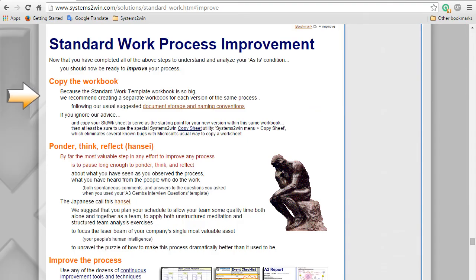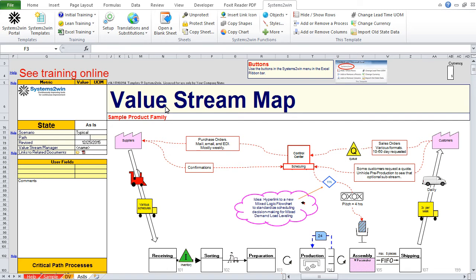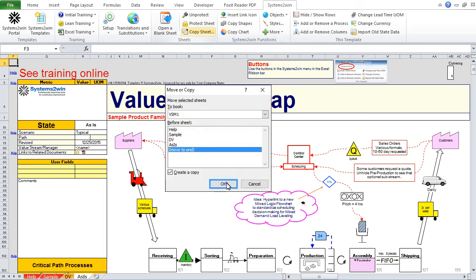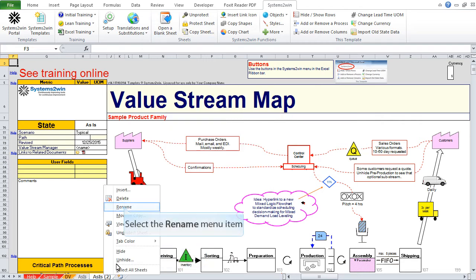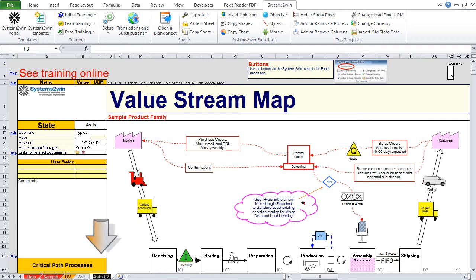Now, because the standard work template is so big and has so many moving parts, we recommend having a separate workbook for each version of the same process. You can, however, ignore our advice. What do we mean by that? In many or even most Systems to Win templates, it's not uncommon to use the copy sheet utility to make a copy of your as-is worksheet to serve as the starting point for your future state worksheet as a second worksheet right there alongside your as-is condition in the same workbook.